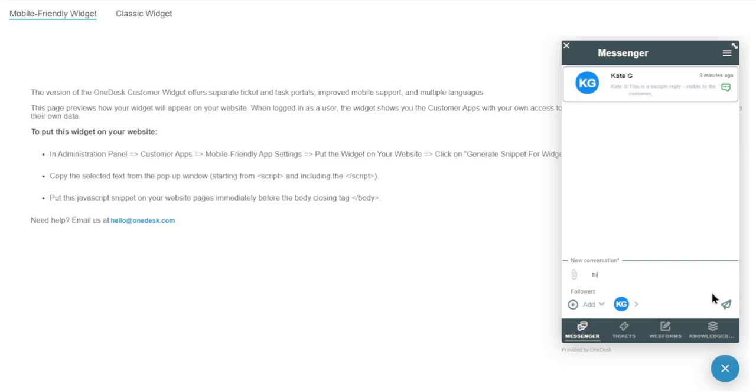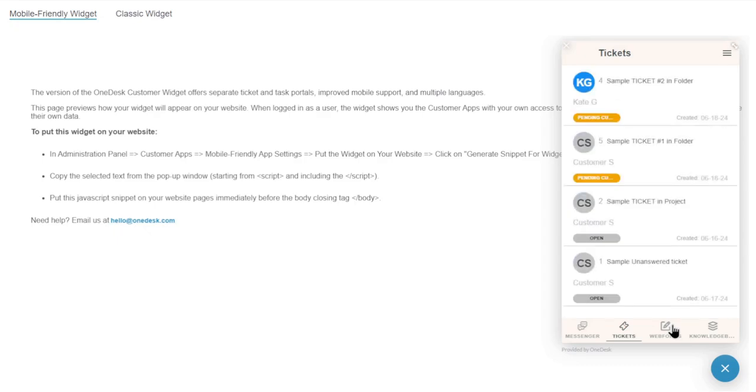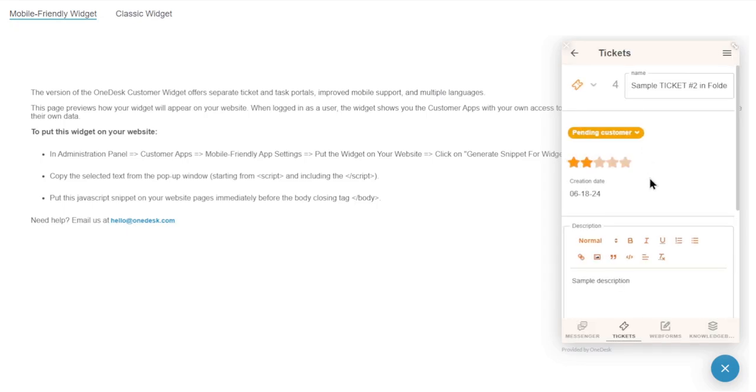The customer apps themselves include the Messenger, a live chat between you and your customers or end users. They can send you messages and include attachments. Let's pretend I'm a customer and send a message. Any live chat messages from your customers will appear in your main web application so your agents can reply. We'll see where that is shortly.